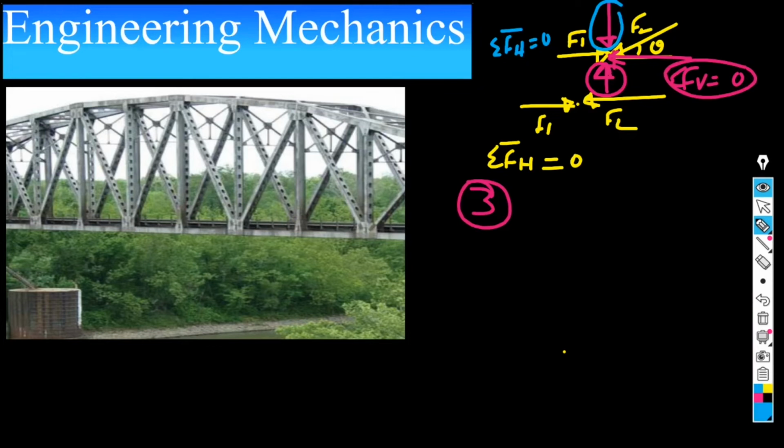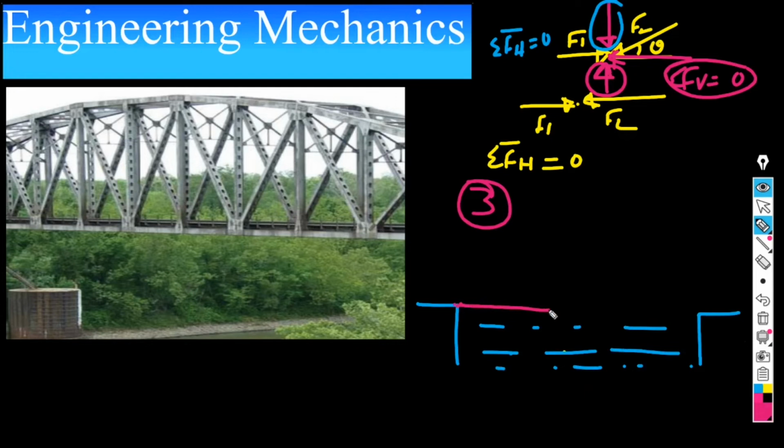Let's apply the same concept in the design of a truss structure. This is a place where I want to build or design my truss structure, and this is the point. Let me connect this point with two members like this and like this. These are one-dimensional members, and each member can offer only one force. At this point, I have only two forces from these two members. In order to ensure the condition of equilibrium, I would need one more force. I can provide one more force with the help of a support. Let me add a support like this. At this point, I can ensure the condition of equilibrium.